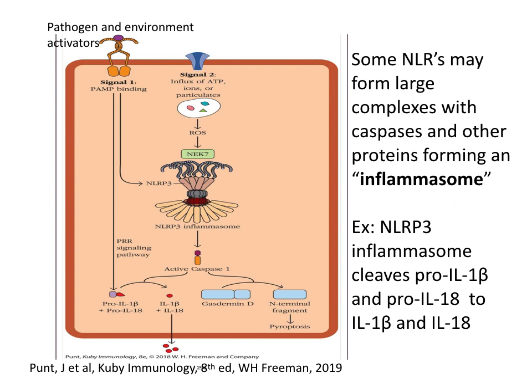When it is formed, its job is to cleave the proforms or inactive forms of interleukin-1 beta and interleukin-18. As a result of the inflammasome activation, you produce interleukin-1 beta and interleukin-18, which are pro-inflammatory cytokines, meaning to say